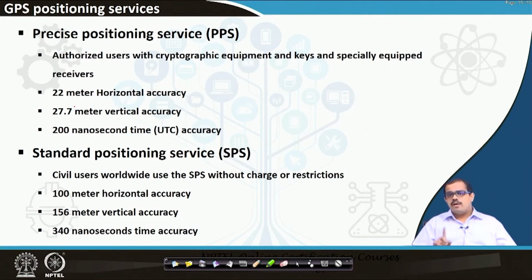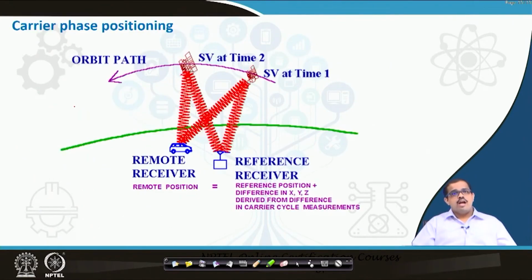accuracy, which is very important in terms of measurements on the earth's surface, or when you are looking at the positioning service. So these two positioning services are normally available, but the standard positioning service is available for everyone, whereas the precise positioning service is available only for select people with select instruments or equipments that are used to receive these particular signals. And when you look at the carrier phase tracking using a